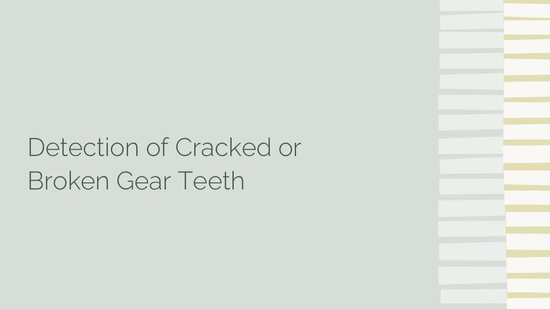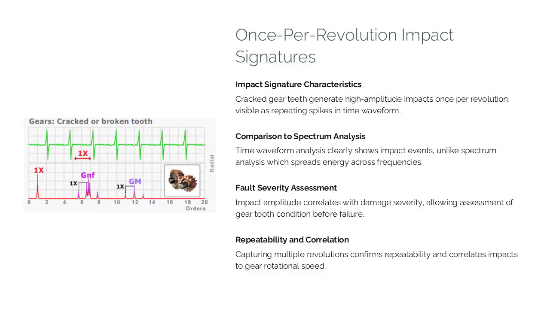Once per revolution impact signatures, detection of cracked or broken gear teeth. Cracked or broken gear teeth produce some of the most distinctive signatures in time waveform analysis. As the damaged tooth engages, it generates a high-amplitude impact due to the sudden change in load transfer. This impact occurs once per revolution of the affected gear, making it easily identifiable in the waveform as a repeating